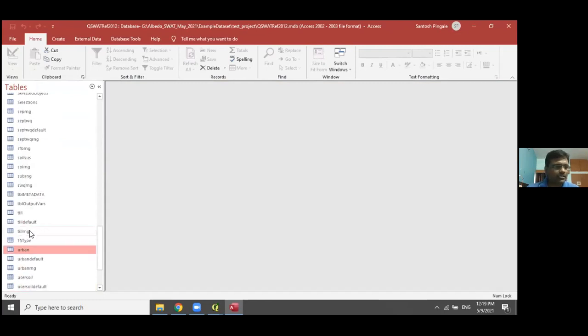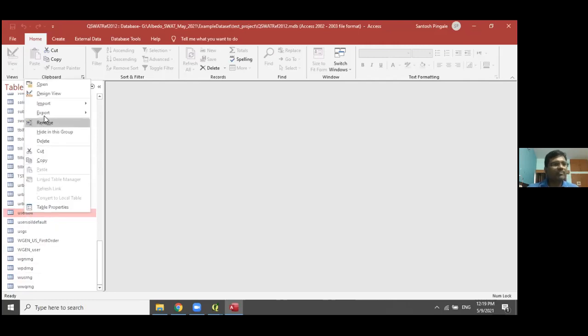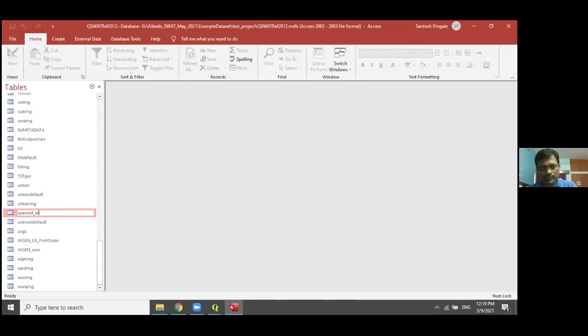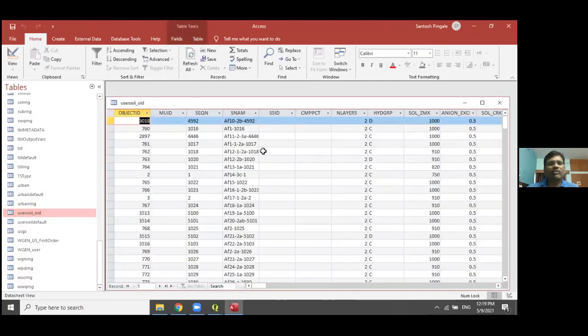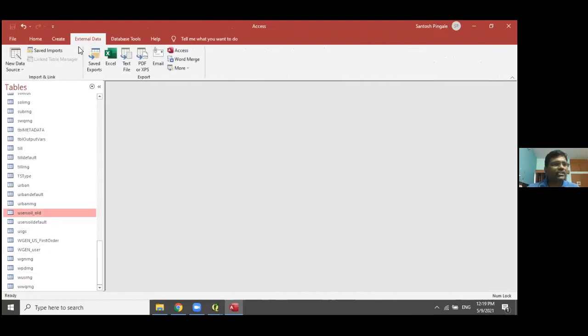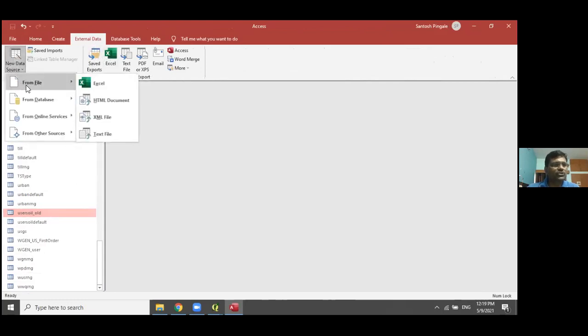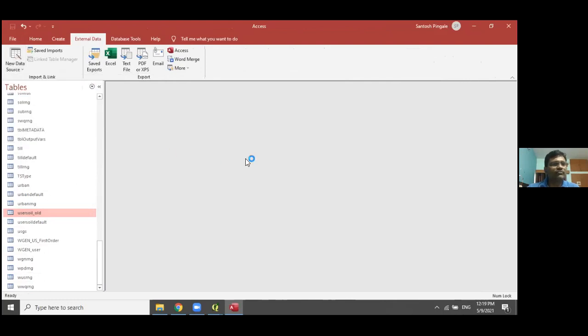For the time being, I will rename this one as old, because we don't need this information. We have our own watershed information. Then go to the external data sets and create the new source, choose from file, and then import.